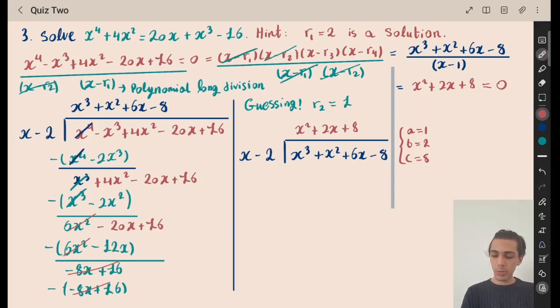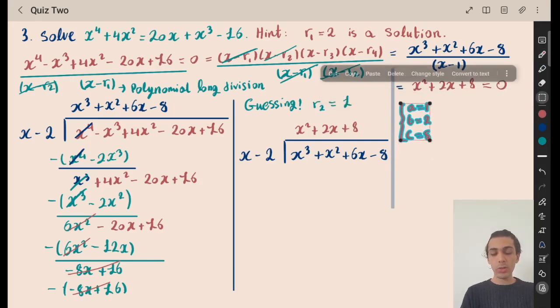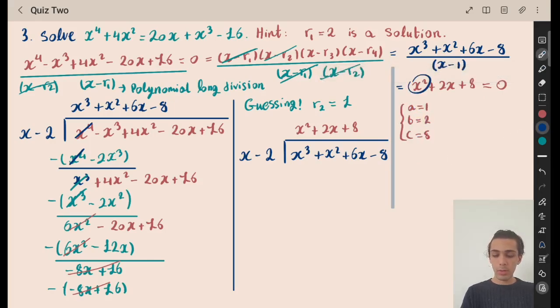Okay, now I can remove this. So these are the coefficients of the terms. 3 terms, so 3 coefficients. And from here I can plug in the formula, which says